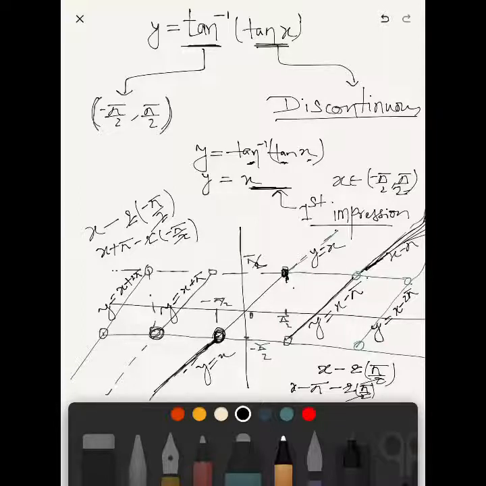This is your pi by 2. What value will be this? You can easily say, right? See, what will be the x coordinate here? When you put, since this is x-axis, here the value of y is 0. We have seen this in coordinate system. So the coordinate of this point will be what? Pi, isn't it? When you put y equals to 0, the value of x will be pi. When you put y is equals to 0, the value of this will be 2 pi.